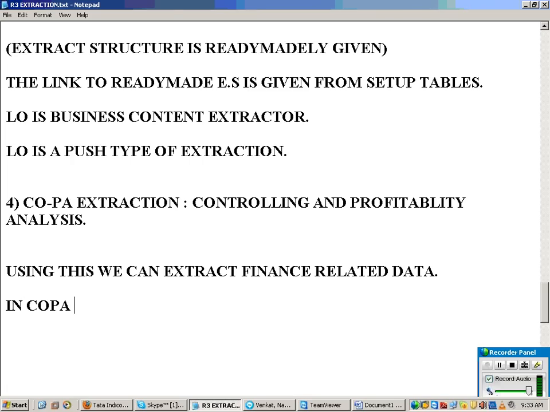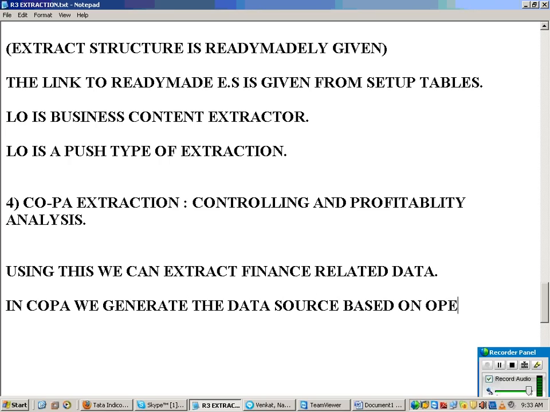So now in COPA extraction what we are going to do? We generate the data source based on what? Based on operating concern.